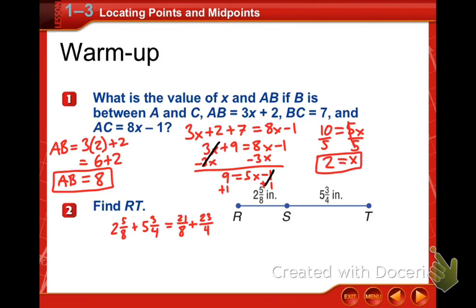Now we need a common denominator. So 21 over 8 plus 23 over 4. Our common denominator is going to be 8. So 4 times 2 gets us 8. 23 times 2 is going to be 46. So now we just add across the top. 21 plus 46 is going to be 67. 67 divided by 8. So now,